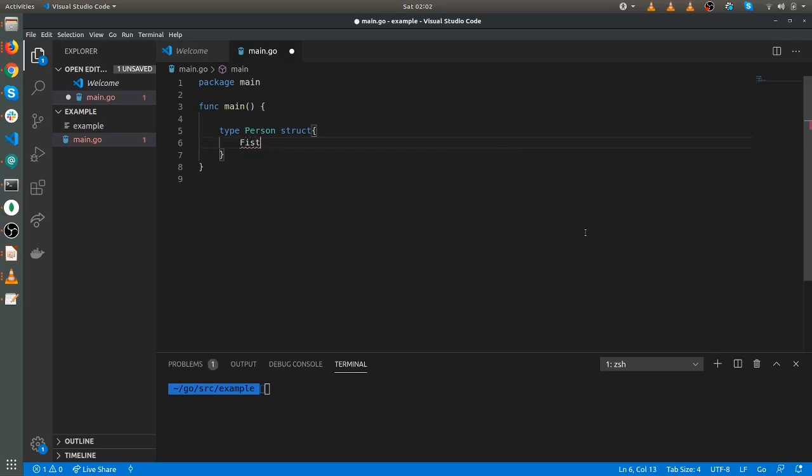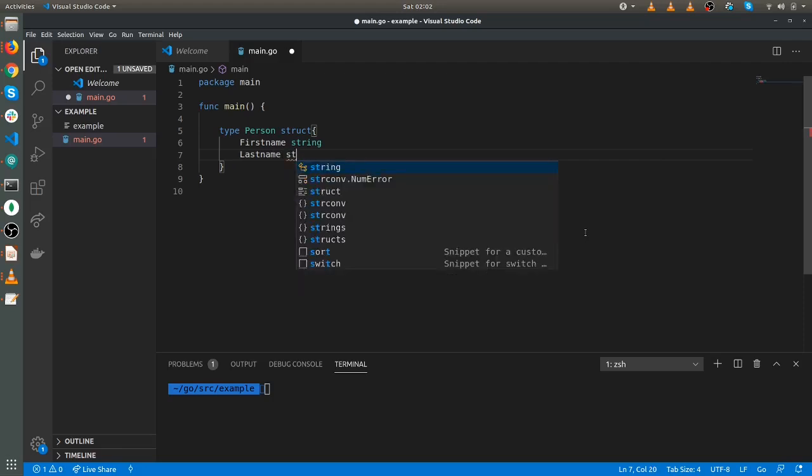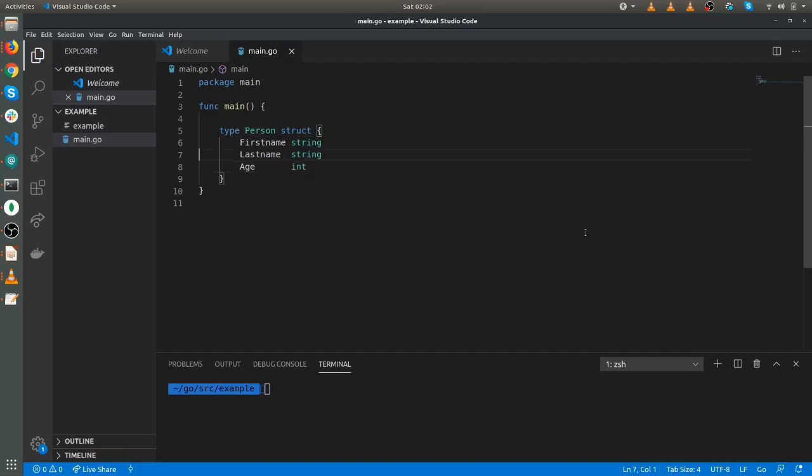For data, I am taking a first name of string type, last name of string type, age of int type.